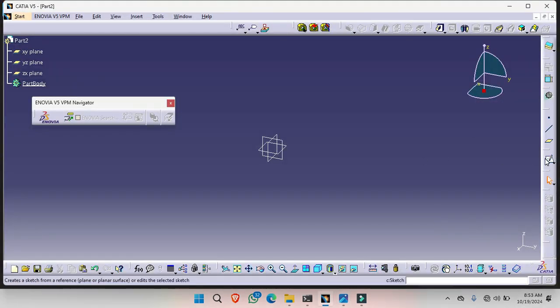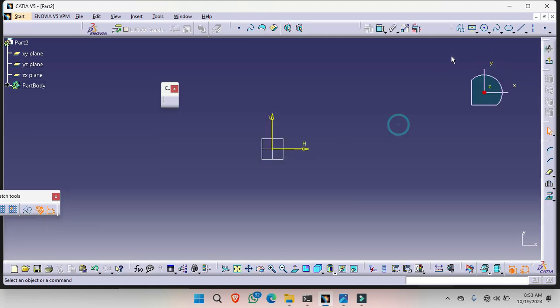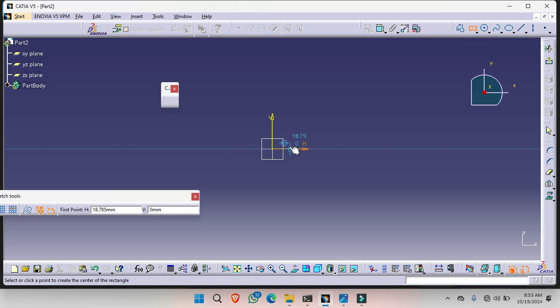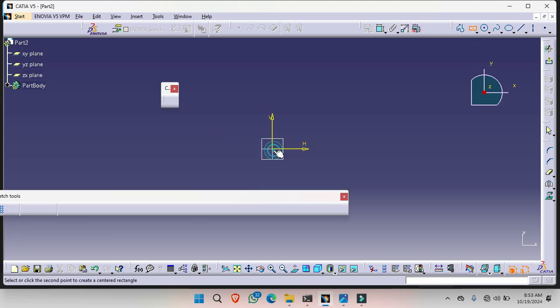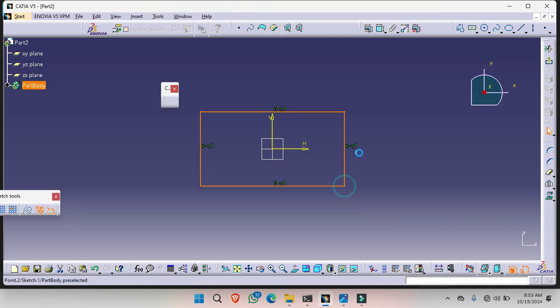So select sketch view and click on the horizontal plane, and then choose a center rectangle and give the dimensions.